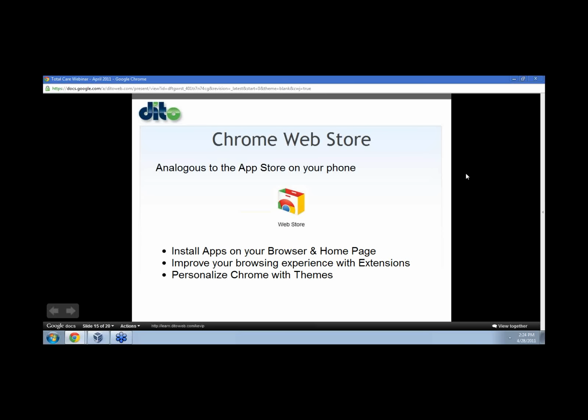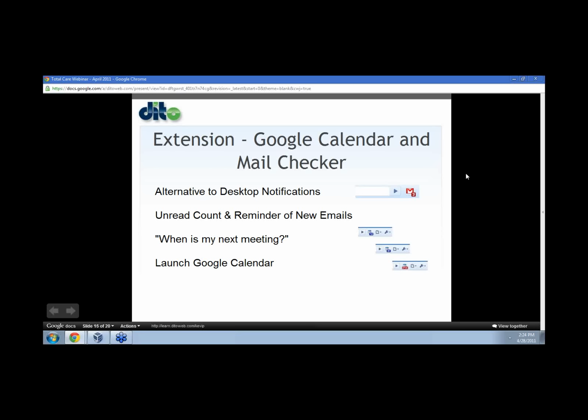So what I'm going to do first is talk to you about extensions. And we're going to do a couple of examples of some extensions that you can use with Google Apps, because that's really what we're here for, and that's what we're here to teach you about. So the first thing I want to show you, now I'm not getting anything in terms of